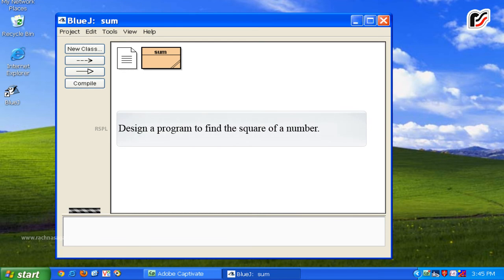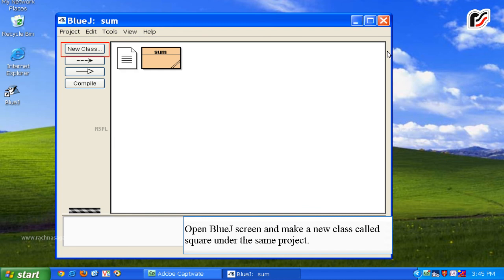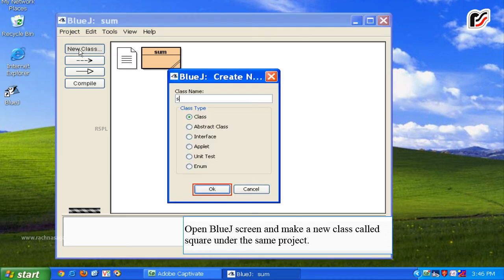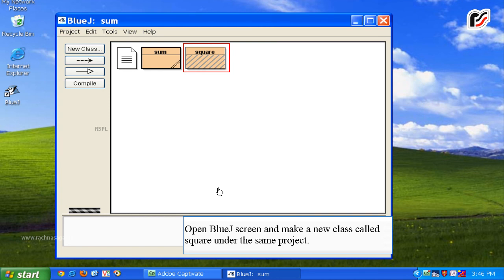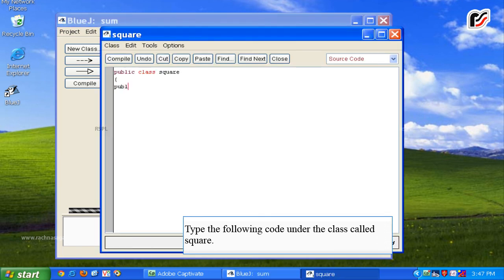Design a program to find the square of a number. Open BlueJ screen and make a new class called Square under the same project. Type the following code under the class called Square.